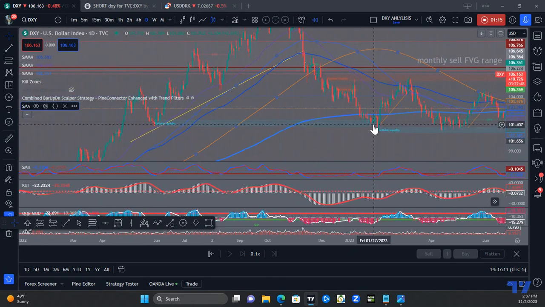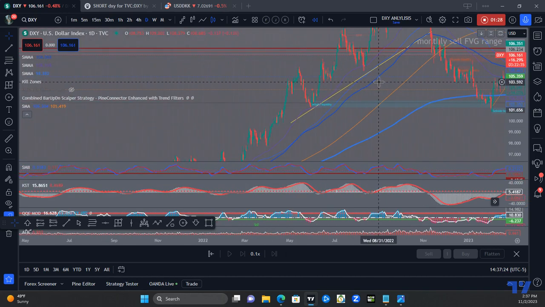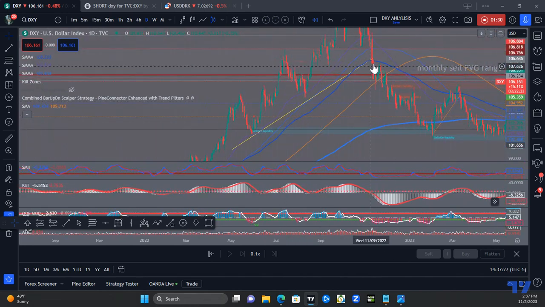And I missed the rest of this move, but I was in up here. I think I got out here, got in here, here, got out here, here, here, and then this was a level that broke. This was a trend line breakout that I called out to